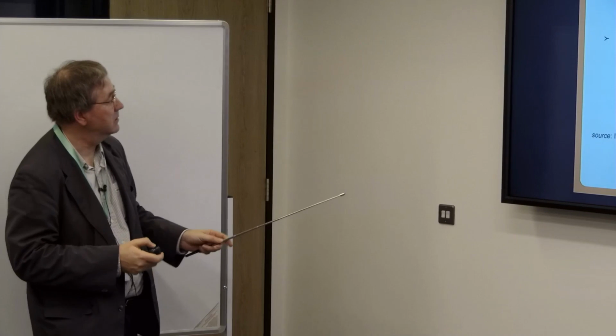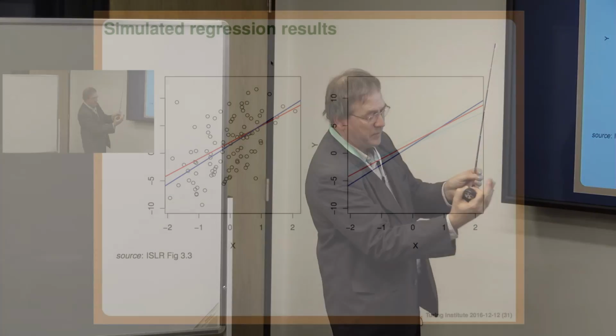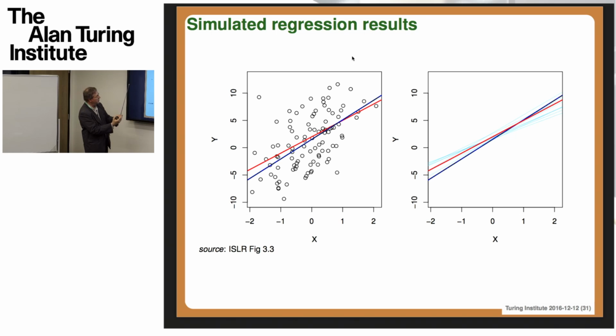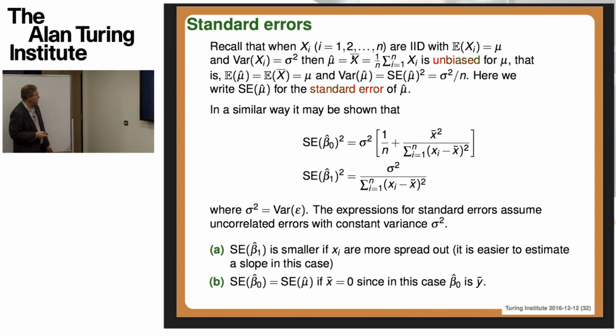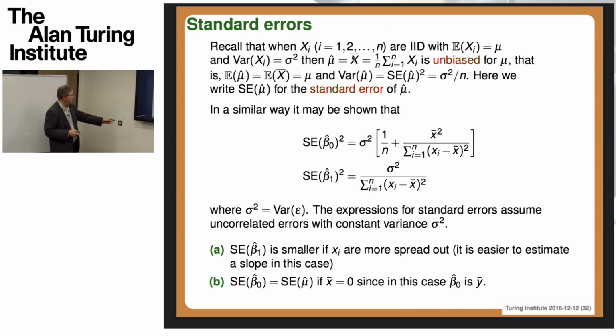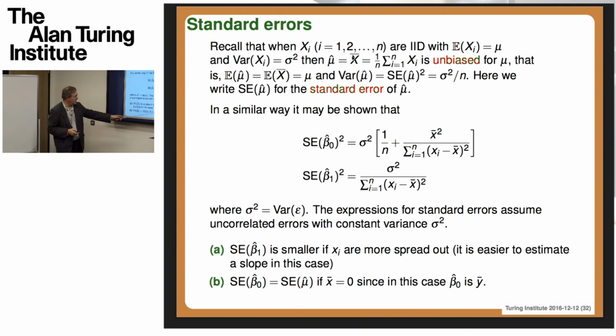We go back to the data here. If all of these x's are very bunched together around their mean value, then it's going to be hard to estimate a slope. Whereas if they're more spread out, then it's lower variance. So that makes good sense. And also, if the mean of the x's is in fact 0, then the standard error of beta 0, that's to say the intercept, will be just the standard error of mu hat, the average of the data. So again, I think that is readily available.